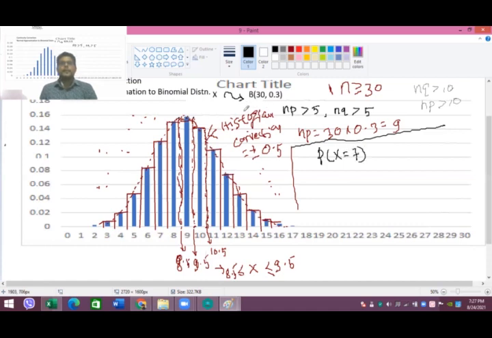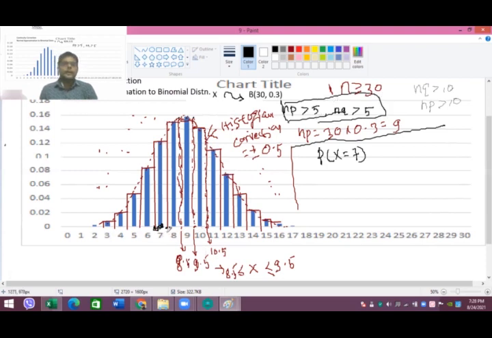This is the case of binomial distribution, but we are now trying to find the probability of x equals 7 using the normal approximation. 7 is a discrete point, but if you look at this histogram, 6.5 and 7.5 are the continuous boundaries. All right. So in order to find the probability of x equals 7, as we are using the normal approximation in this situation, all right,